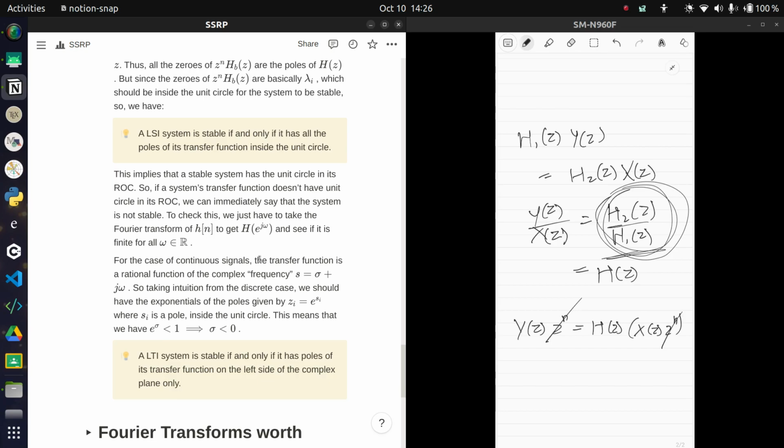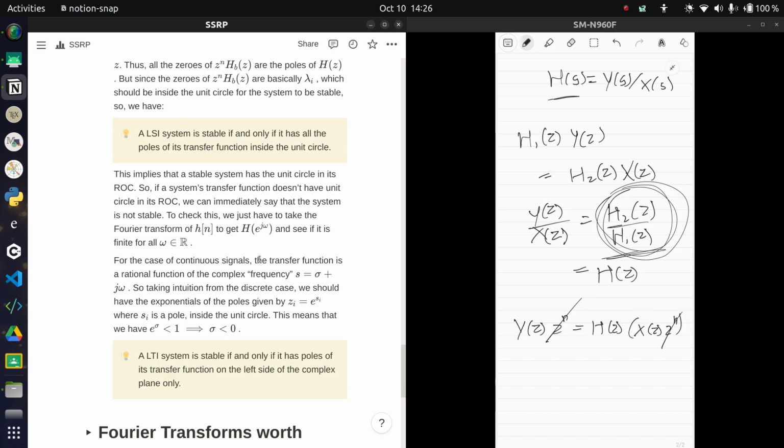Similarly, an LTI system also has transfer functions which are once again rational functions, but rational functions in s instead of z. So you have H(s) equal to Y(s) upon X(s) for a continuous system, which is the Laplace transform of the impulse response. A continuous LTI system is stable if and only if